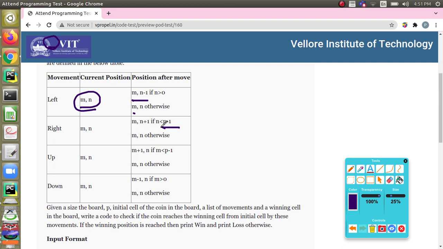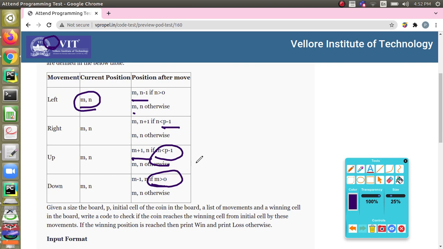If it is equal to p minus 1 itself, you cannot make the move. It means that your coin is in the rightmost column. Similarly for up and down: when you are doing an up movement, you should be careful about the row. So you will be checking the value of m, and the down movement is also based on the row, so you should be checking the value of m.